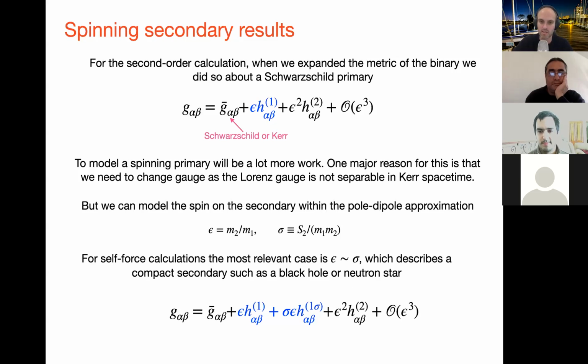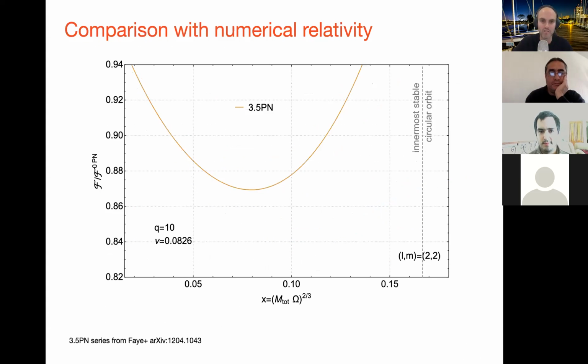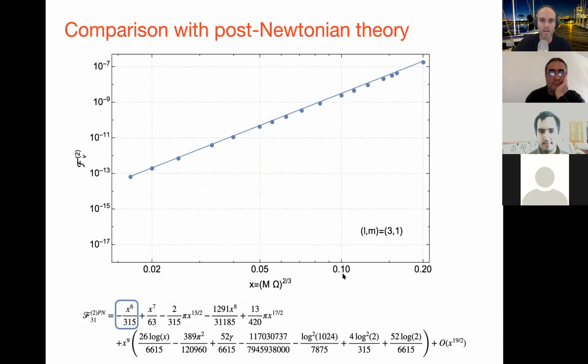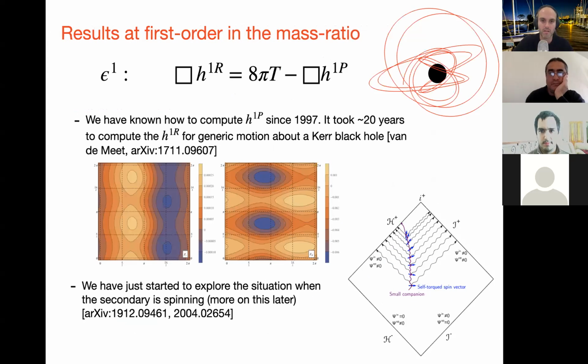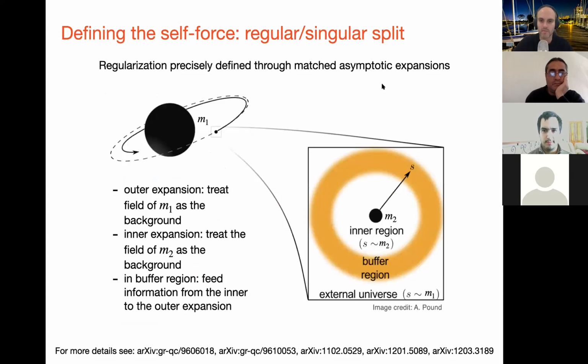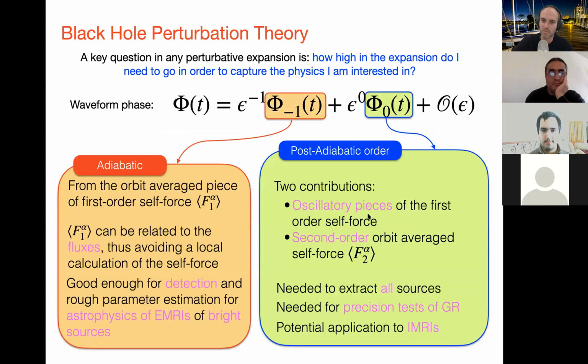It's worth saying perhaps at second order in the phasing, I mentioned at the beginning, let's keep going here. So this is the post-adiabatic term. These oscillatory terms that appear at first order in mass ratio, we've known about for quite some time, since 2007. But the really nice agreement with numerical relativity only comes about when you include everything that appears at this order, including the second order calculation. So it's important to include everything at the same order and then make your comparisons.